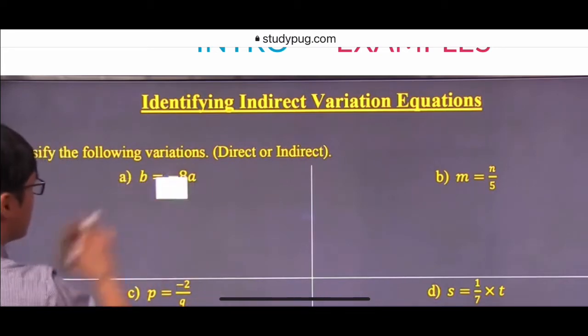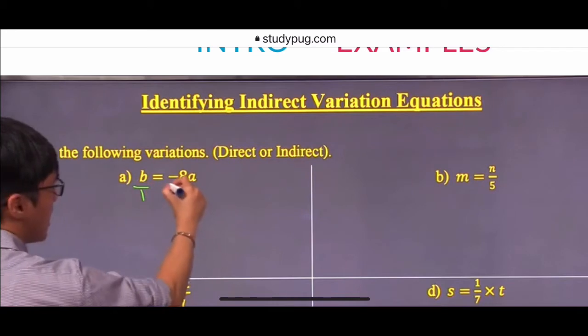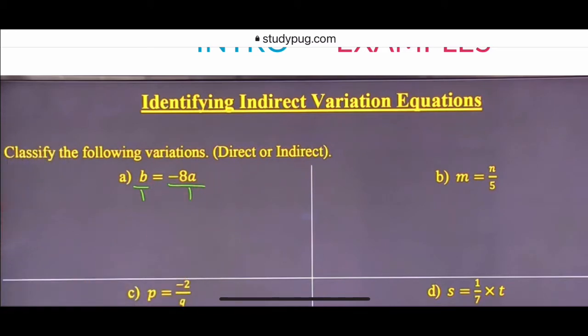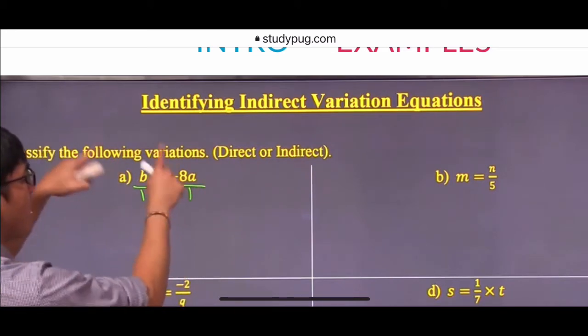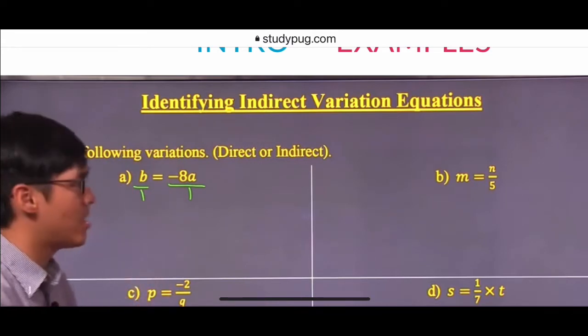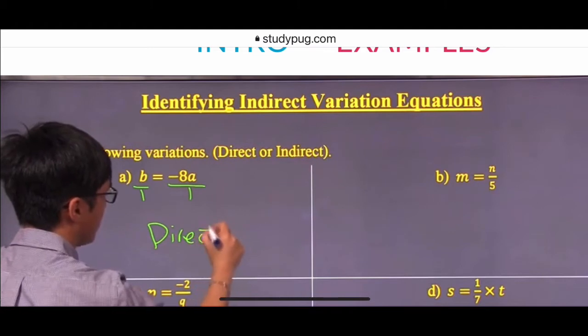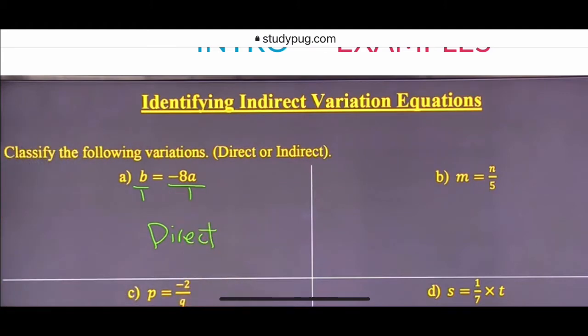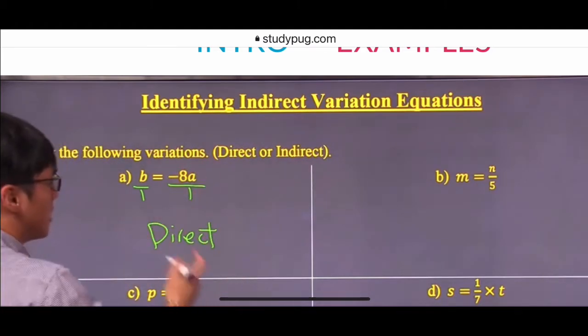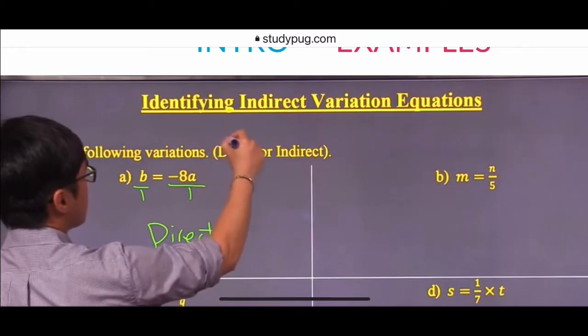Let me write it nicely. We have b over 1 and negative 8a over 1. Okay, so both b and a are on the numerator. So that is a direct variation. Okay, now if you remember the formula for a direct variation, that's even better, because the direct variation has the